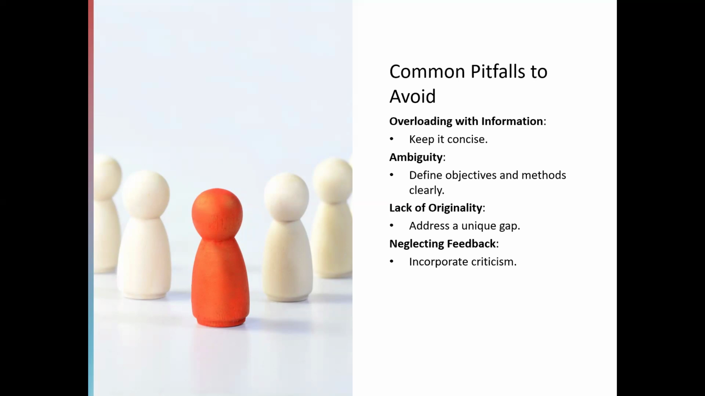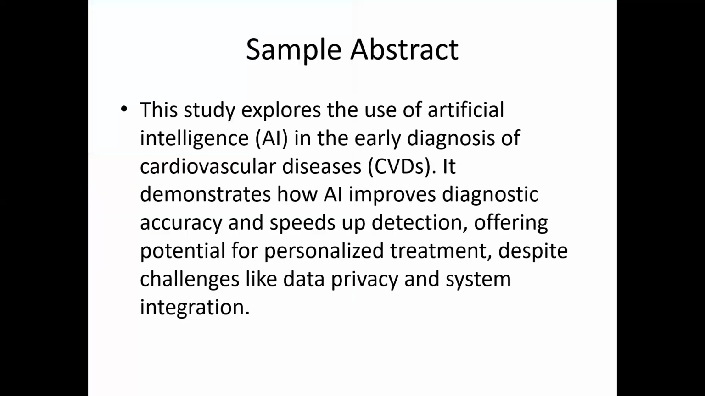And you can also discuss your research proposal with your fellows and with your mentors, and they will guide you about these things, they will guide you about the work, and you can make changes accordingly. Now if you study the sample abstract, let's look at this. This study explored the use of artificial intelligence in the early diagnosis of cardiovascular diseases. It demonstrated how AI improved diagnostic accuracy and speed of detection, offering potential for personalized treatment despite challenges like data